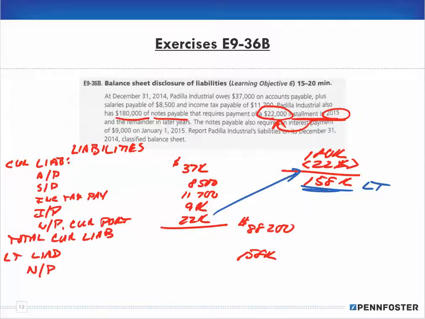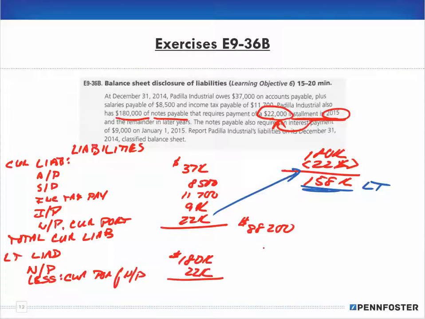Now, I'm going to show you how I would do it, which obviously makes more sense. So I have the note payable for $180,000. Okay, and then I would have the description of less current portion of the note payable, which would be $22,000. Oops, I don't put in the brackets. You just leave the $22,000, right? And that would give me a long-term portion of the notes payable for